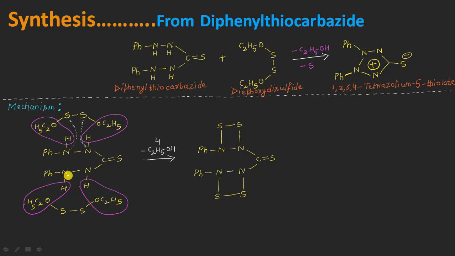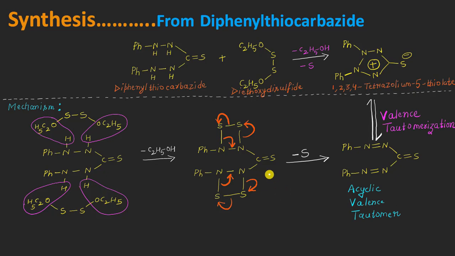In the same way, even this nitrogen will now be forming a bond with this sulfur atom, and finally we are left with this one here. This will also be forming a bond with this sulfur atom. We will end up with this type of intermediate, and after that the bond reorganization will take place, releasing elemental sulfur in this way, I mean shifting of the electrons of this bond.